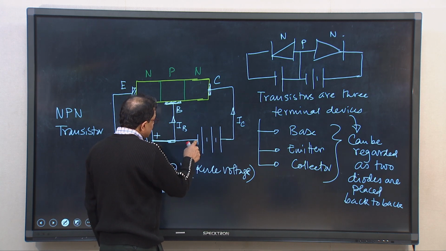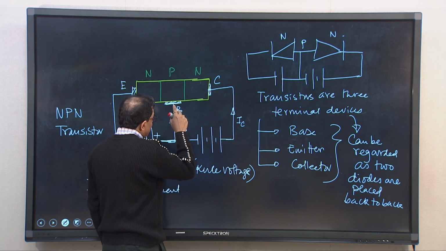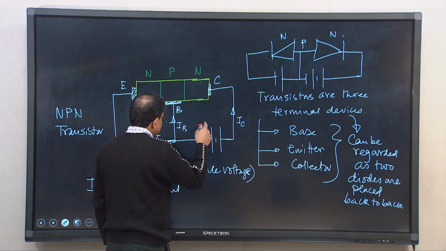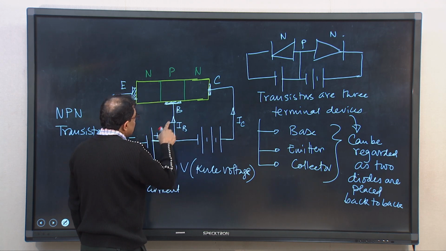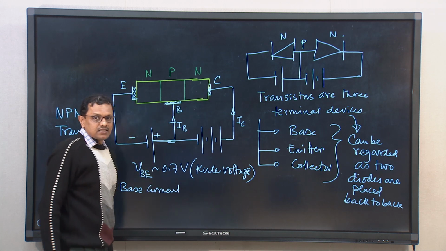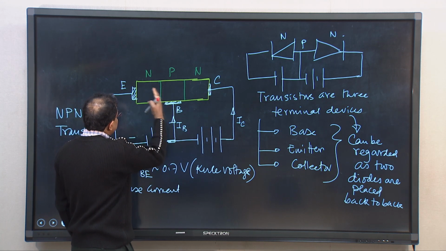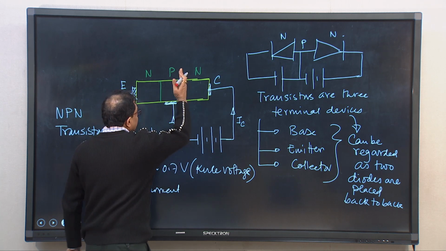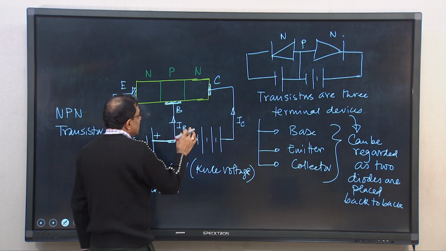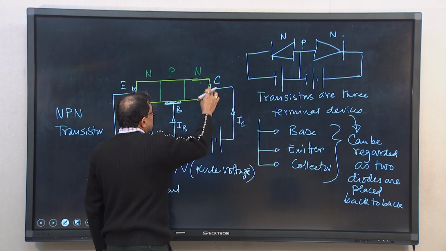Though we can see that the B is positive, this B is negative with respect to collector, right. If you do not look at this part, then as if B is having a positive terminal, but now B is negative with respect to the collector